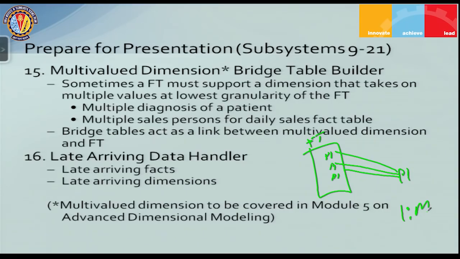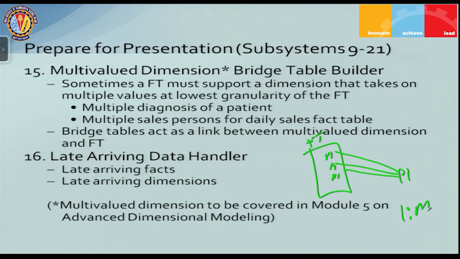So how do we model this kind of situation? This is modeled using what are called bridge tables, right? And again, this bridge table concept will come in the advanced dimensional modeling